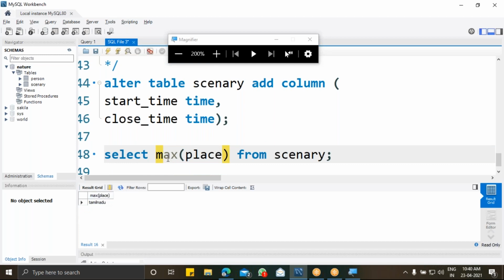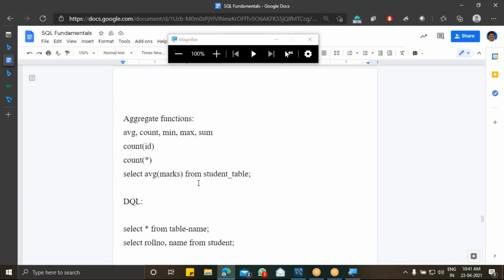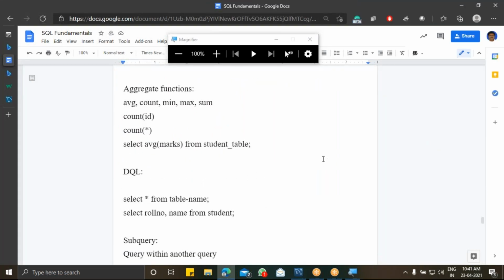So this is how we can use these aggregate functions. Not only these functions, we have n number of aggregate functions. These are just some examples of how to use them. Aggregate functions are nothing but simple operations which make it easy to manipulate my data. Guys, is it clear? Do you have any doubts in it?